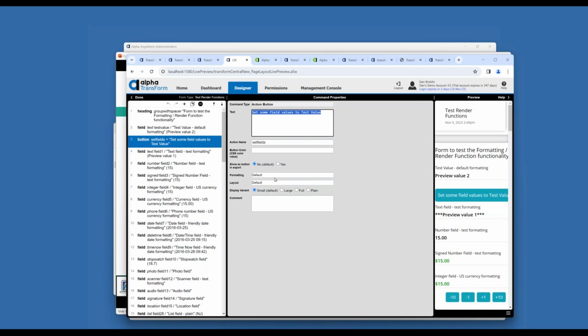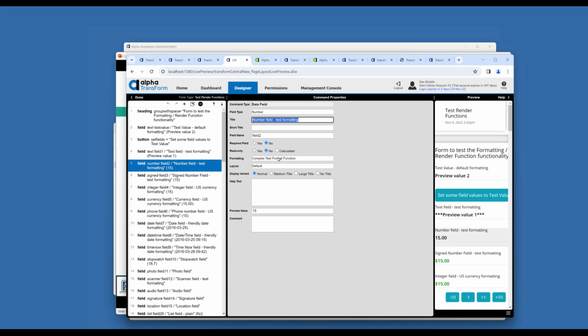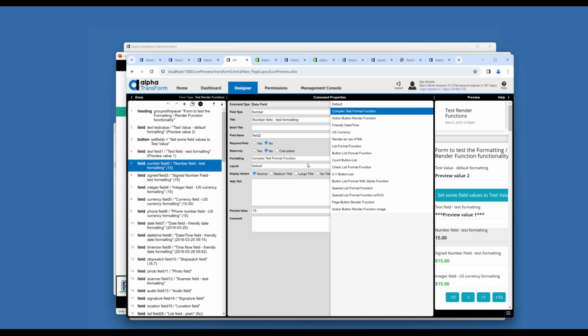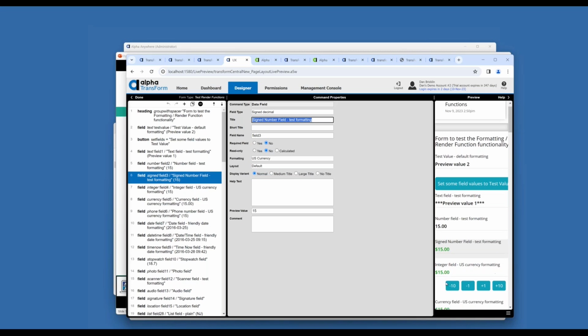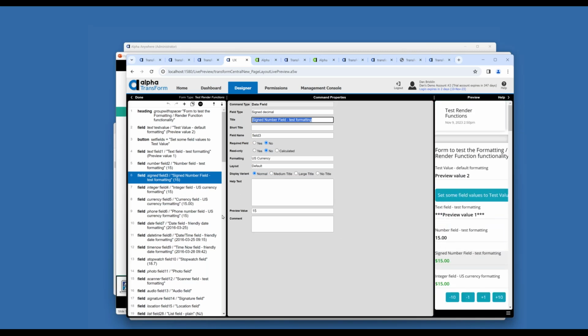So this is just a plain default value, okay? And in this case, let's say the default value here is preview value 1, so that's what you see here. Here we have complex test function. I can choose from a list of different formatting, okay? This is sign numbers, okay? All sorts of different ones. We're going to show you that in a second, and they're defined